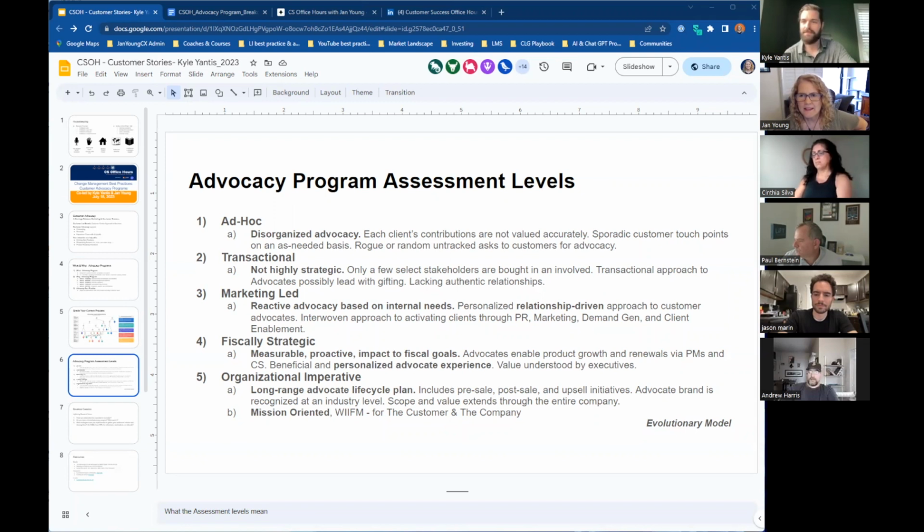Well, and that gets to Sandy's question over in the chat, right? When there's a conflict between the KPIs that you've set up for CSMs to create advocates, let's say, or marketing needs to create so many advocates, but the customer really isn't ready to be an advocate. Is that part of what your question is, Sandy? Did you want to come off mute?